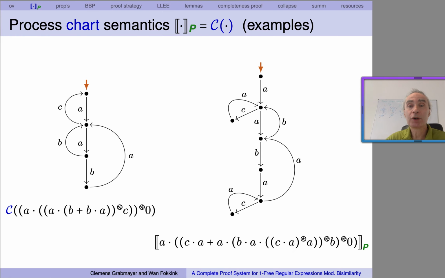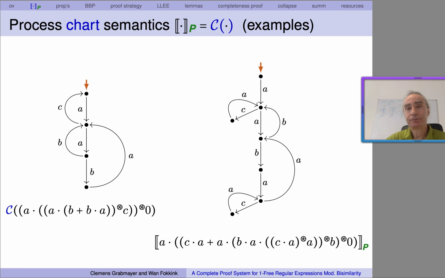Here you see a somewhat more complicated star expression and its associated process interpretation, which has an innermost binary iteration, and its part in the graph is drawn in red here. A binary iteration in the middle with associated blue part, and an outermost binary iteration with brown part as drawn here in this chart. And there is an A step from the start vertex, which is drawn by a brown arrow here and always,